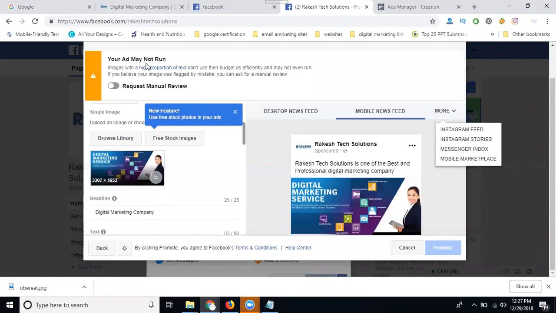Why? is the question. When you create any ads showing images, the image text size must be less than 20 characters. If you are coming to paid ads, the conditions are very strict. Any image must have less than 20 characters of text. So how to define where you can show that? That is the Facebook overlay tool.